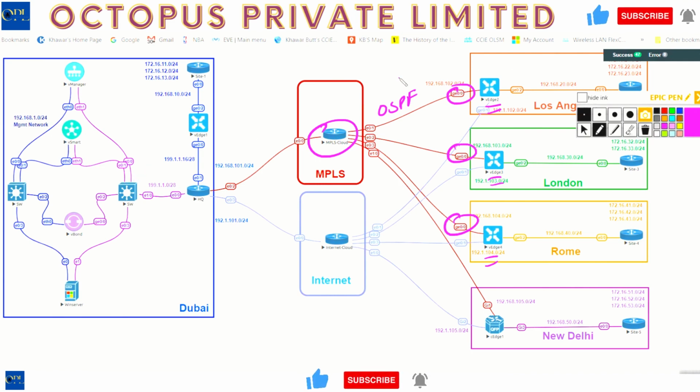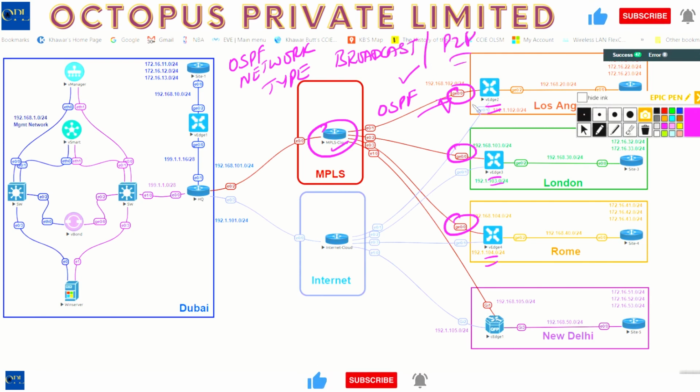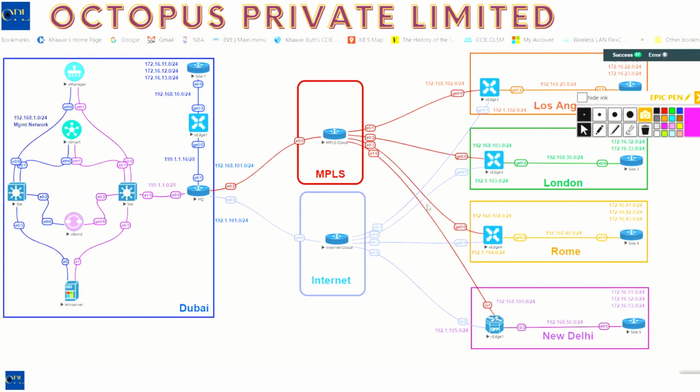So when I configure the OSPF template, I need to specify for that template, because I'm going to link it to an interface, that I'm going to be linking it to gig 0. The other thing in OSPF is the OSPF network type. You need to take a look at the network type that has been specified on the neighbor, which is the MPLS cloud, whether it's broadcast, which is the default. That should not be an issue, but if they've changed it to point-to-point, make sure your side is changed to point-to-point. So before I do this, I'll find out the characteristic of the MPLS cloud, because that's what I'm running